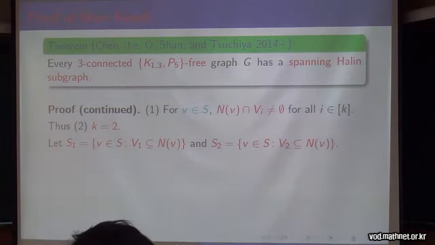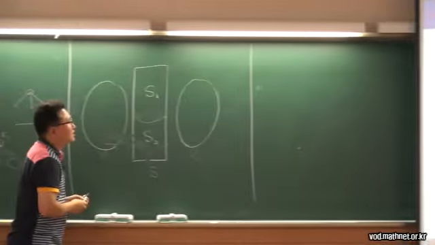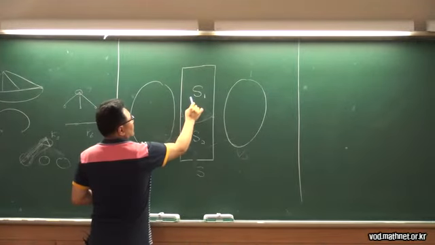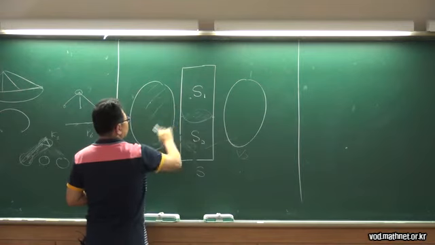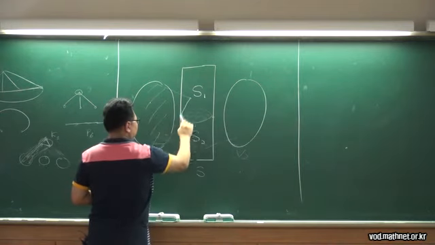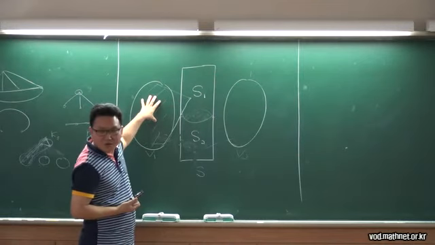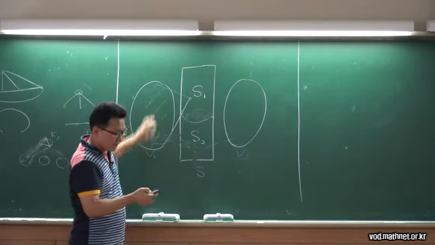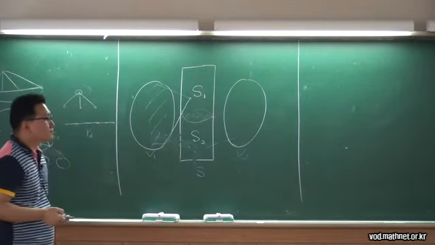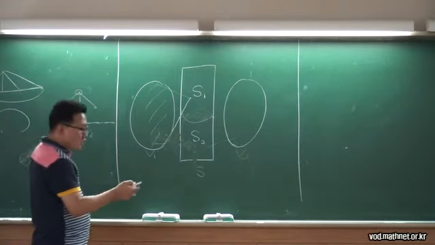Maybe they may overlap, possibly. The neighbors of the vertices in this set that lie in V sub I, that is called S sub I. And we can prove that the union of those two